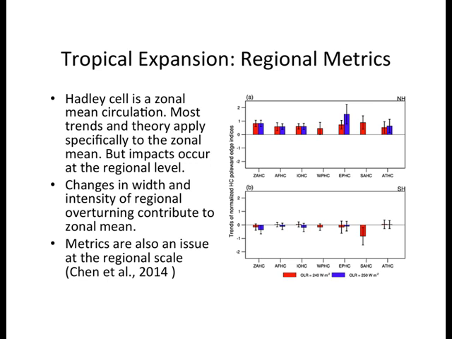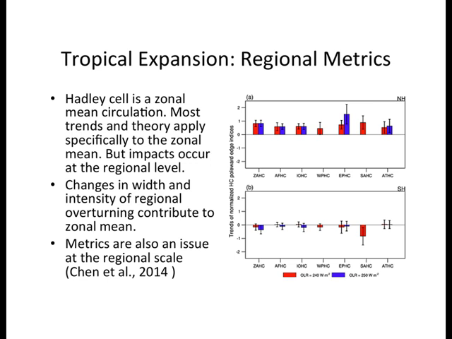This is outgoing long-wave radiation from outer space, but most of the highest values of outgoing long-wave radiation are coming from the tropics, with values that taper off towards the poles. And you can use about 240 or 250 watts per meter squared as a cutoff for the edge of the tropics. And for the zonal mean cell, they both seem to do pretty well, but each column after that represents